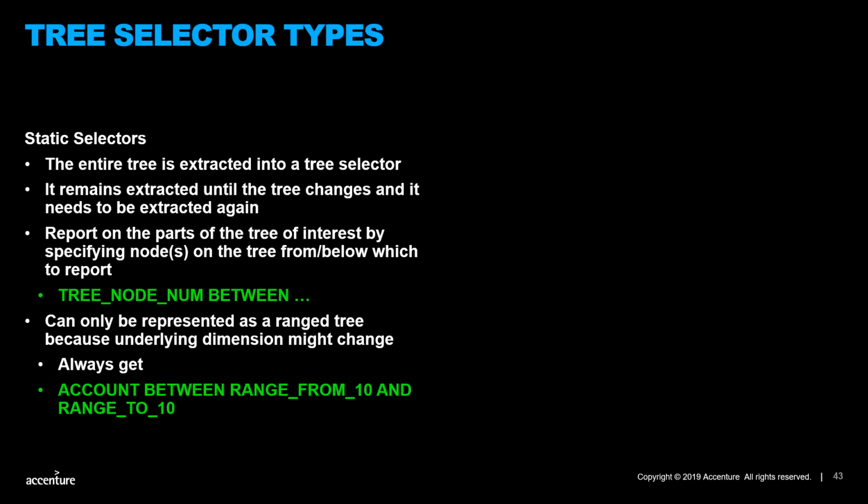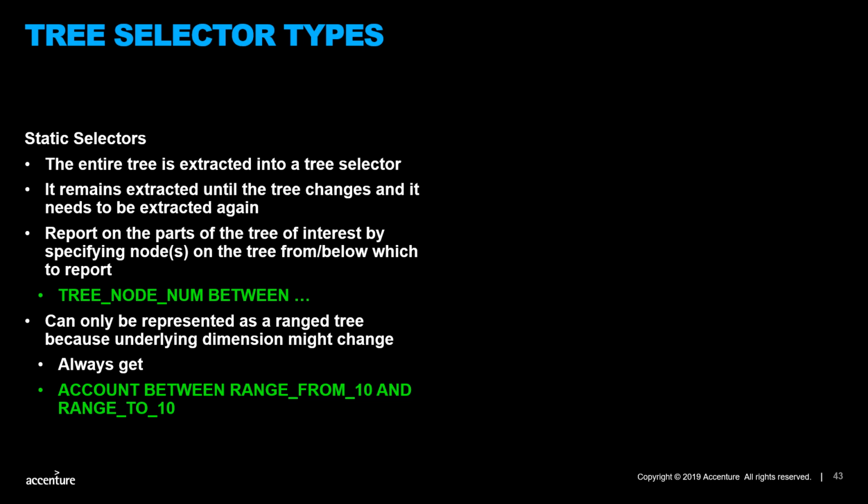Tree selectors come in two forms. Static selectors, the entire tree is extracted into a tree selector and it remains extracted until the tree changes when it is extracted again. The report reports on the parts of the tree of interest by specifying which nodes on the tree with tree node num between criteria. So the SQL changes each time. And you always get a count between criteria, never equalities,